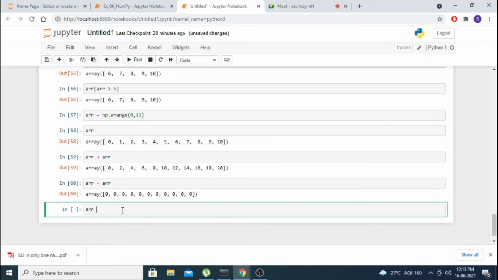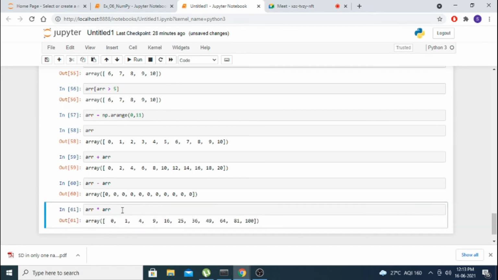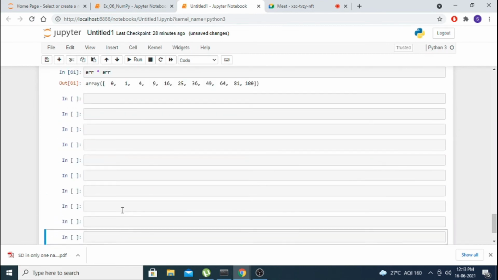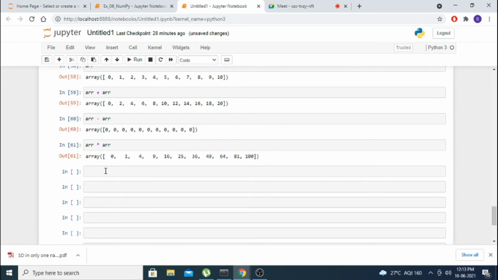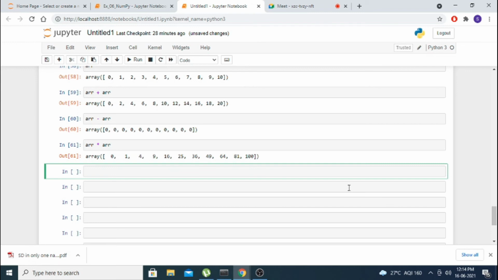ARR multiplication ARR. Now you are going with division, and what problem will come? 0 divided by 0 is not allowed. Anything divided by 0 is infinity, but 0 divided by 0 is different, that is an error.